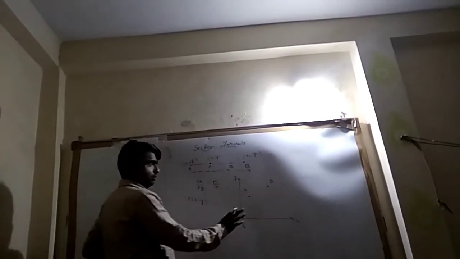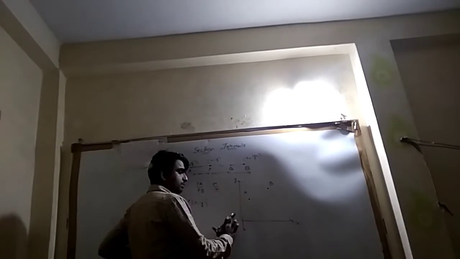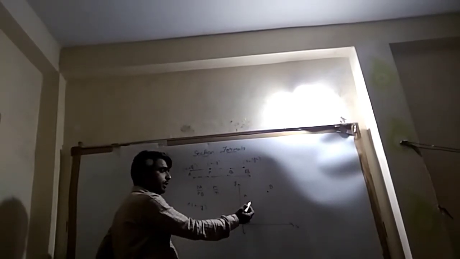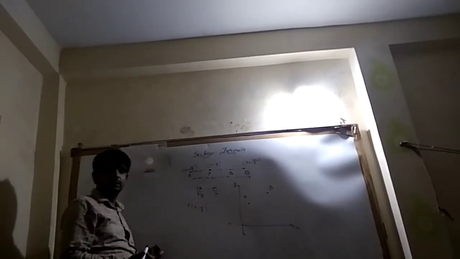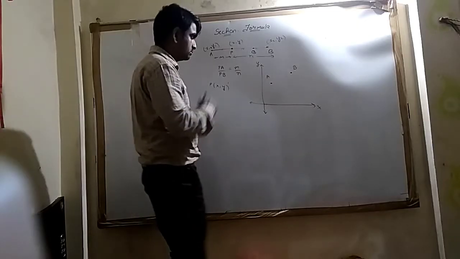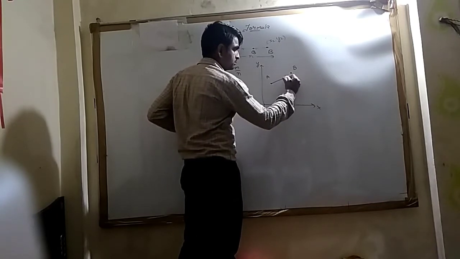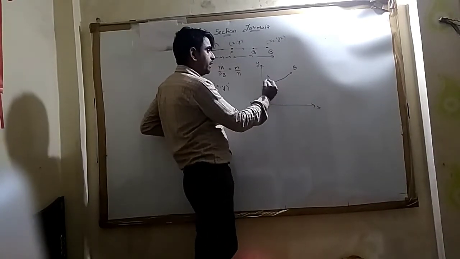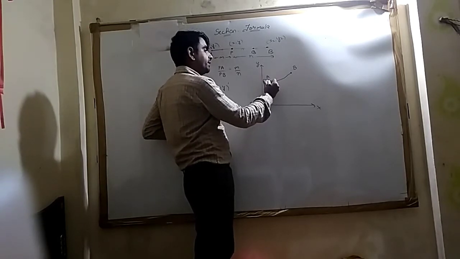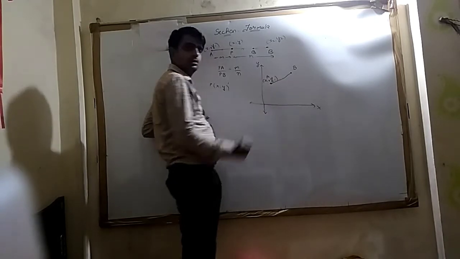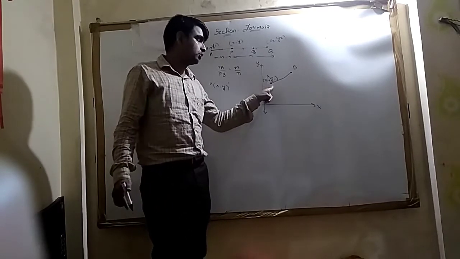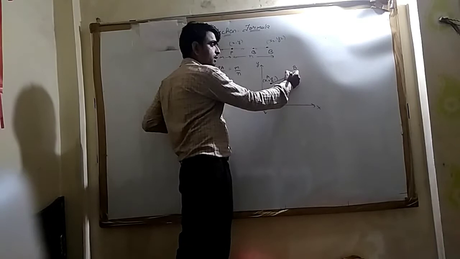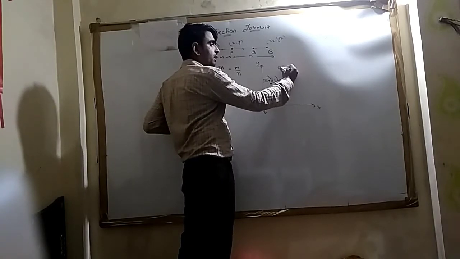Firstly, what I have assumed is a Cartesian plane xy in which there are 2 points A and B. Now suppose the coordinates of A are x1 comma y1, and the coordinates of B are